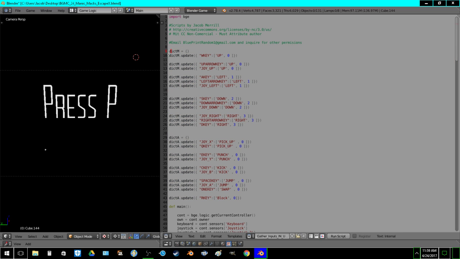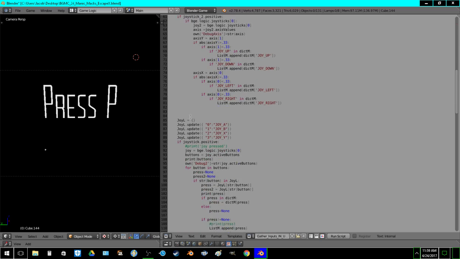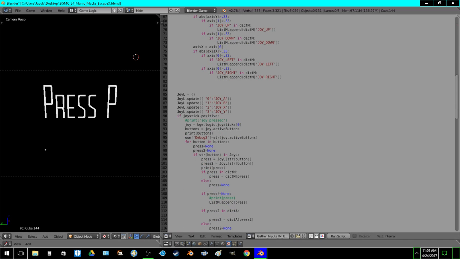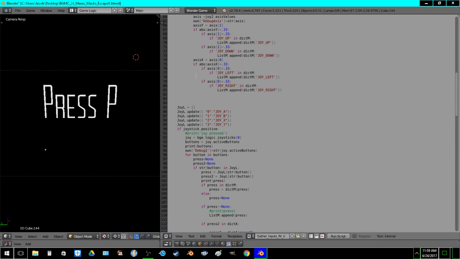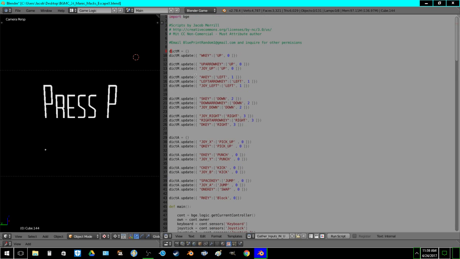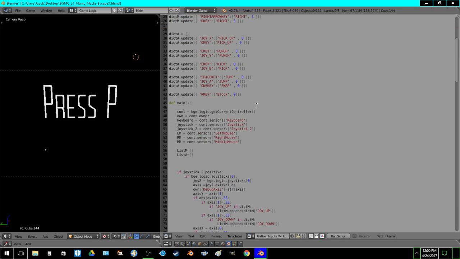And when you press a key, the sensor emits, the keyboard sensor or the joystick sensor, and then it runs through the input and checks to see if it's in the dictionary. And if it is, then it adds this little list to the end of the list. So what you end up with is a tuple of these little lists. And then down here,